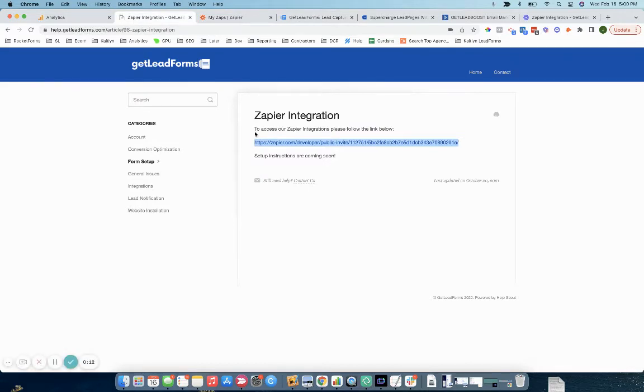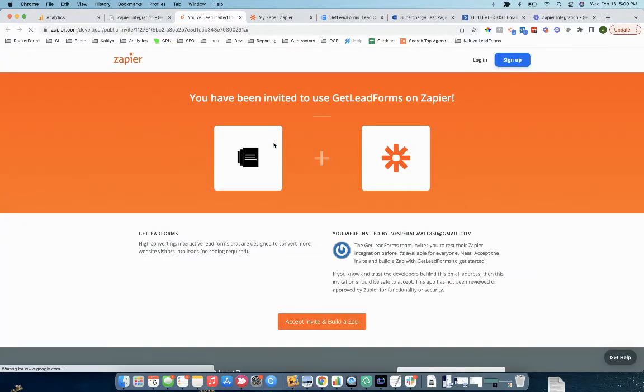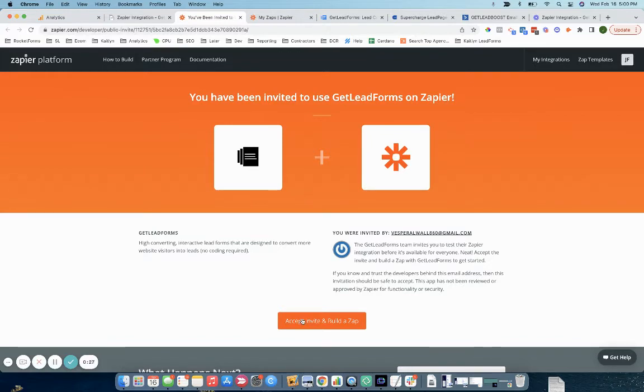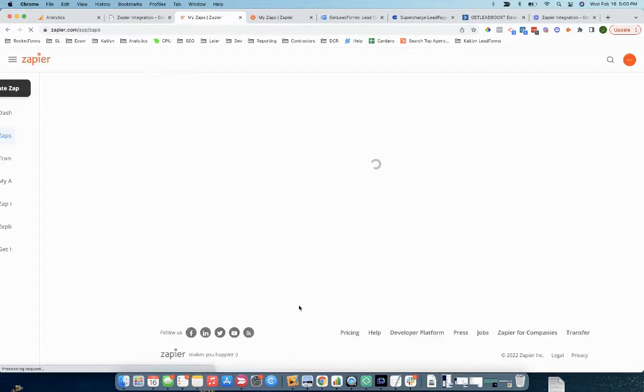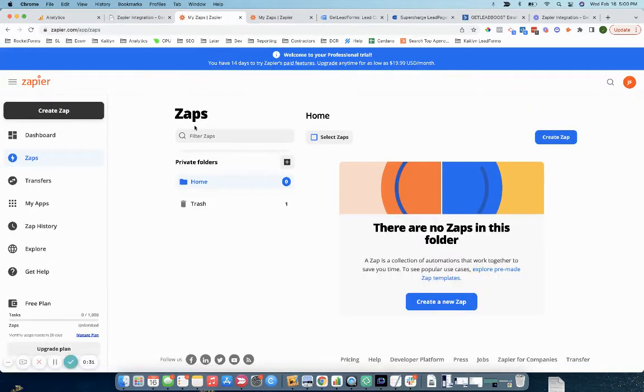First things first, come into GetLeadForms, search for Zapier integration. You'll want to grab this link here. This is the public invite to our Zapier application. So click on that and then click accept and build. This will get you all set up. So once you click on that, you now have the GetLeadForms integration all set up inside